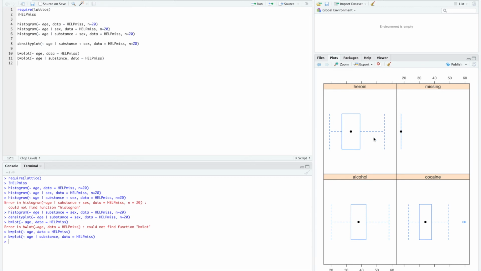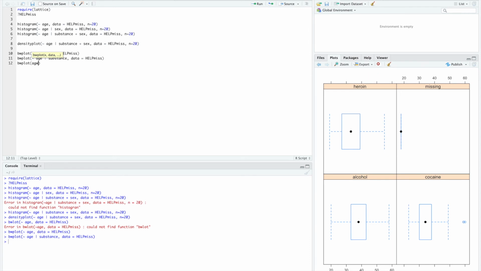What if I don't really want to separate them in different subplots, but I want to include all of them in a common plot, kasi that is how we are supposed to be showing naman talaga the box plots. We want to compare each values or each ranges if we can show them on a single view or a single plot. So in order for us to do that, let's try bwplot,